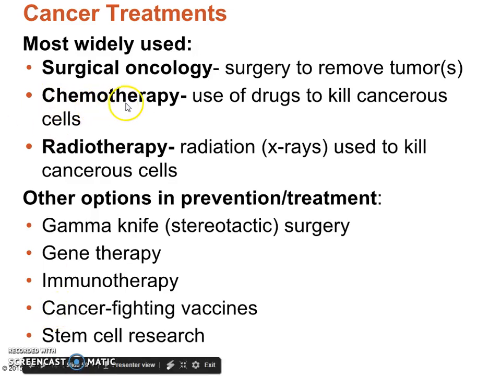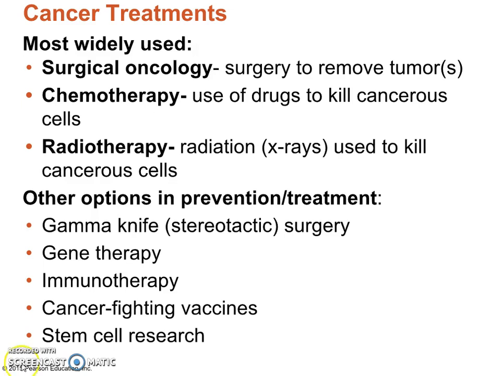Next, we have chemotherapy, and this is the use of drugs to kill cancerous cells. The bad thing is it also kills good cells. So that's why there's so many side effects. And then we have radiation therapy or radiotherapy, and this is using x-rays to kill cancerous cells. Some other options, we have what's called gamma knife surgery, which is another type of radiation therapy, which is really high tech, where they have all these beams of radiation lasers pointed at the tumor,